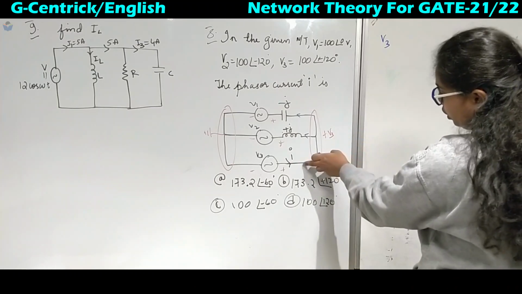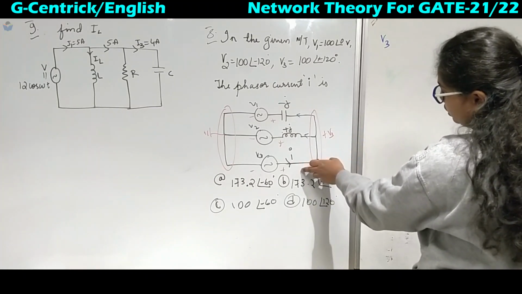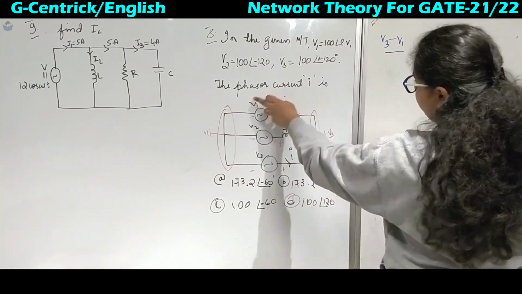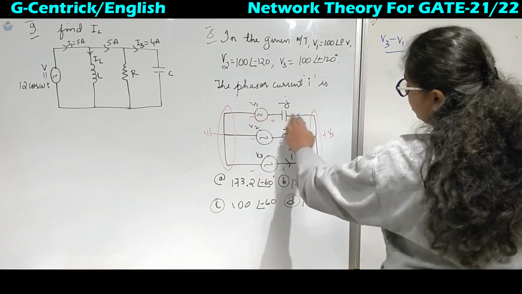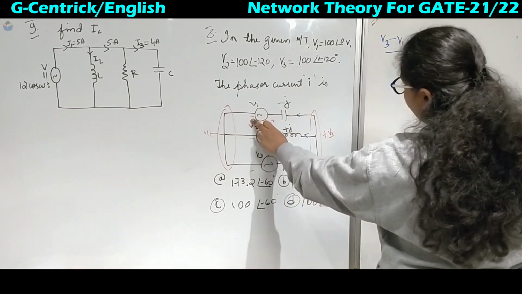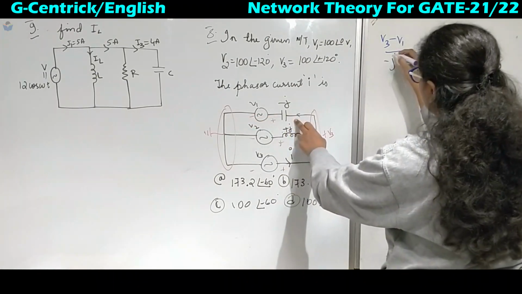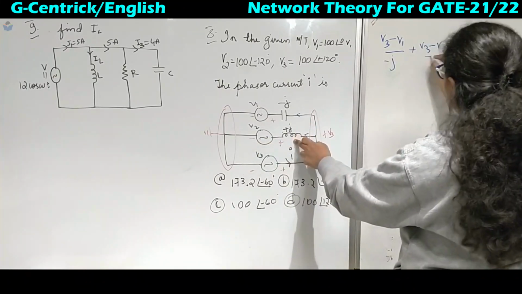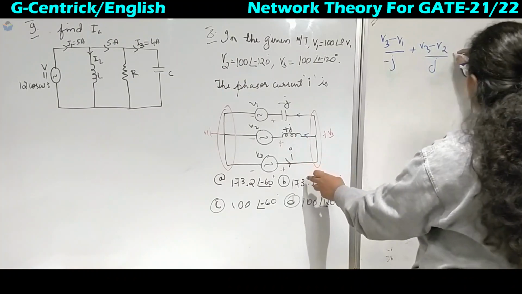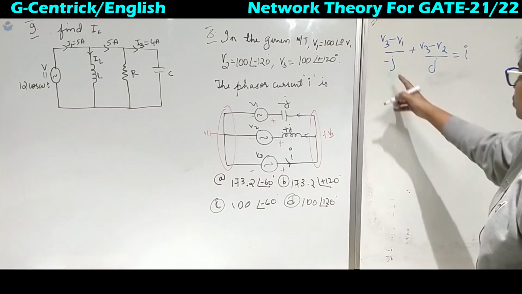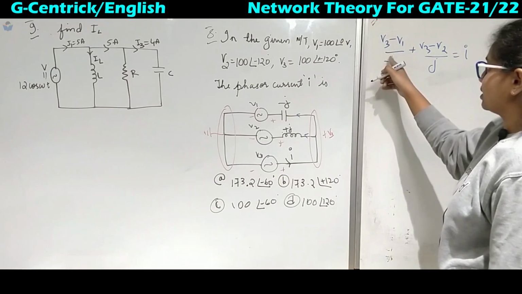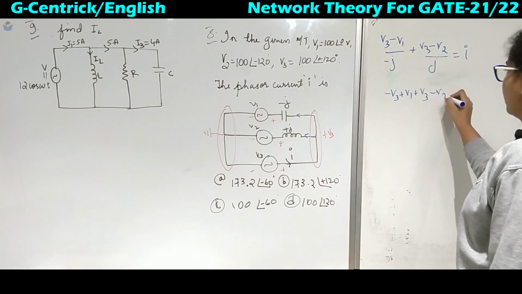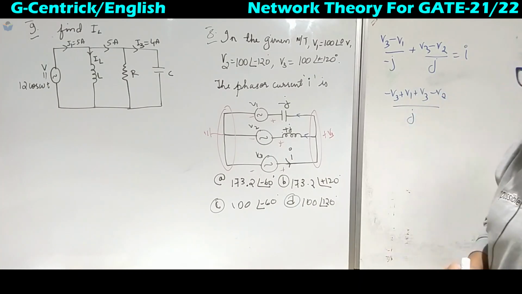So we do not need to denote this with any direction of the current. So this is outgoing. So this will be V3 minus V1, because after the sign we have to take, if we are going in this way, this is the next sign we will get, upon minus j, then plus V3 minus V2 upon plus j, then we have got incoming current I. So now this minus j, if I take out the minus sign, then it will be minus V3 plus V1 plus V3 minus V2, and the denominator will be the same, that is j.